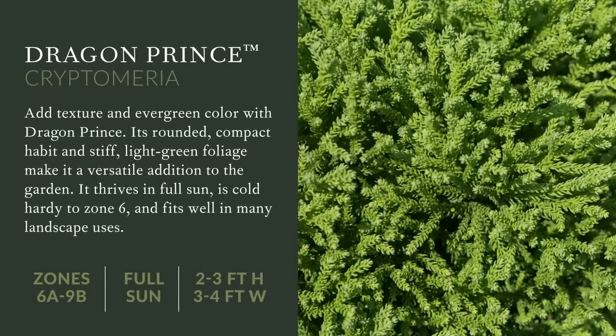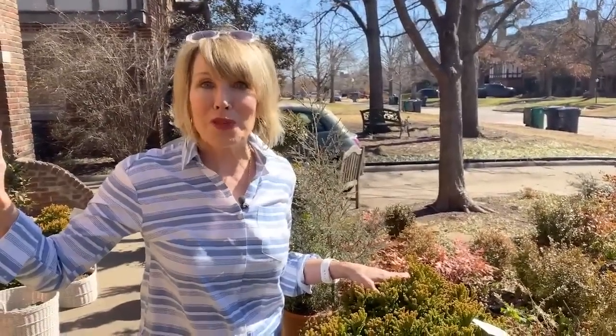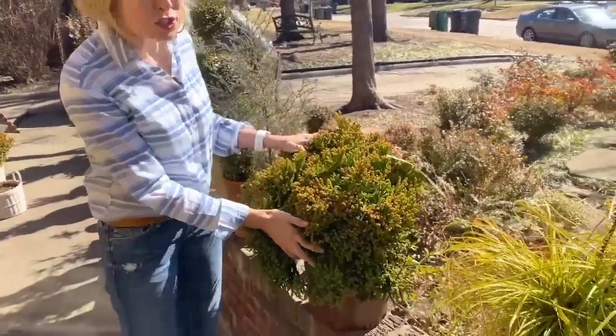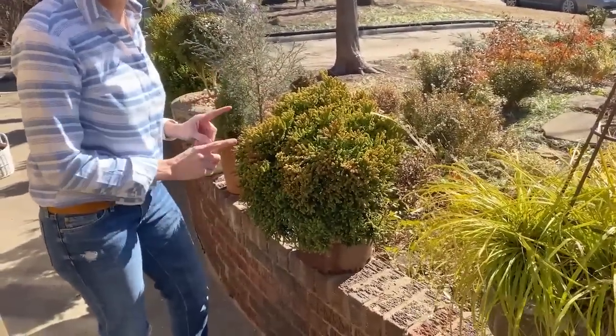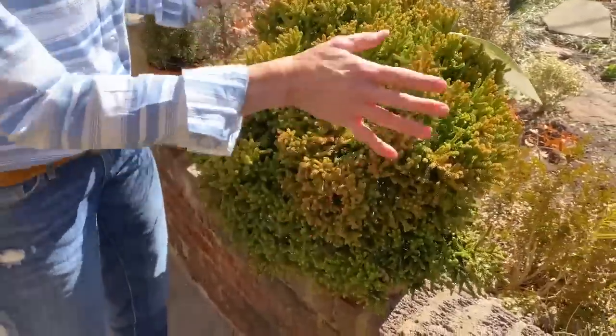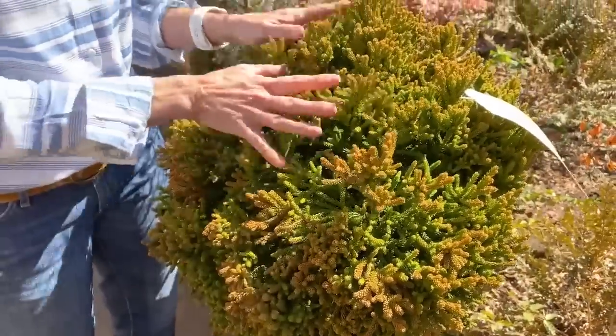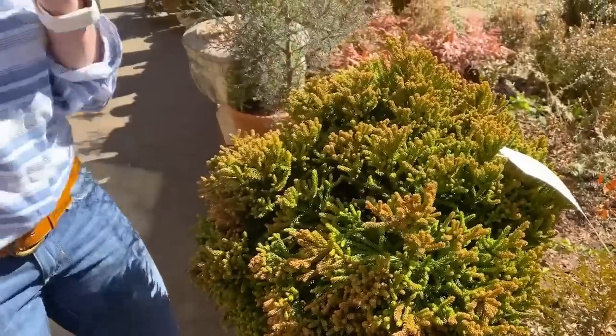These are these beautiful Dragon Prince Cryptomeria. These are new to me, you guys. This is a Southern Living plant, but notice that they take full sun. Now, one quality that they have that I absolutely love about them, and before I say that, I should say these just really danced through that snowstorm and all of that cold without a problem, and they're still in their pots. So all I did was protect them here, made sure they went into the winter watered, but look at how beautifully they, I started to say recovered, but they don't even need to recover, they just performed beautifully. So some of these I'm going to be putting out into the landscape, but some of them, like this one,